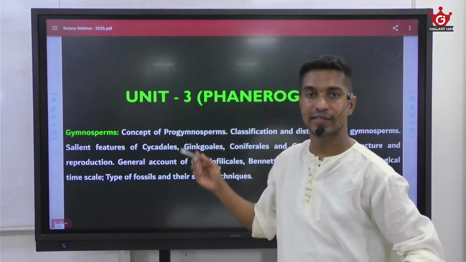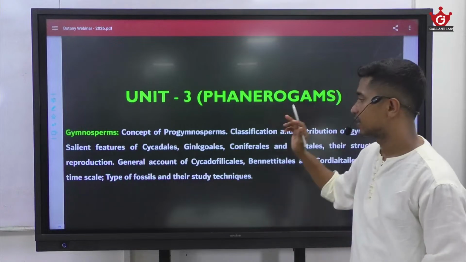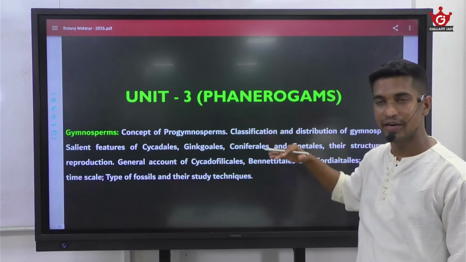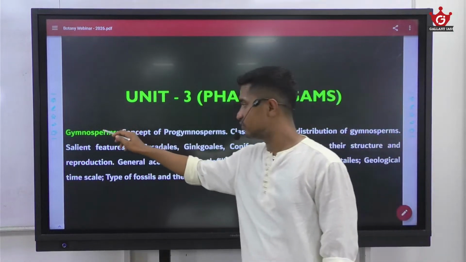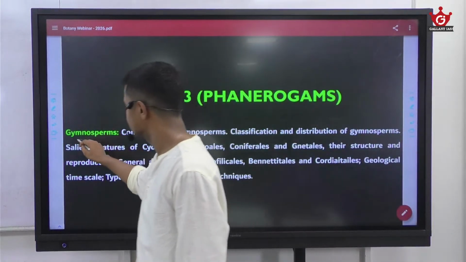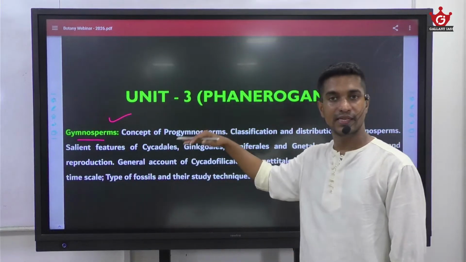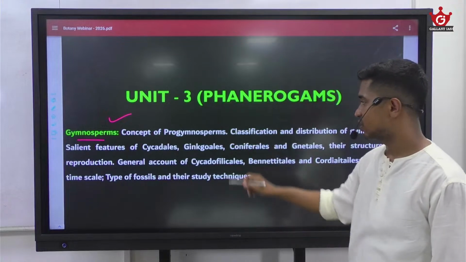And unit 3 is phanerogams. Under phanerogams, it has been subdivided into 4 different headings. The first topic we are discussing under the phanerogams is gymnosperms, and these are the topics mentioned under the gymnosperms: concept of